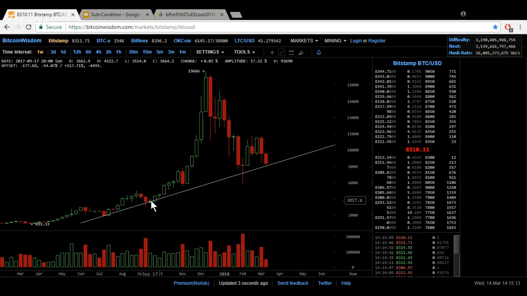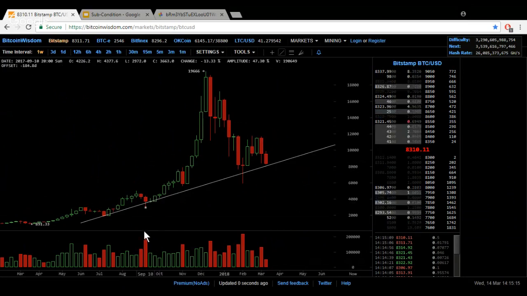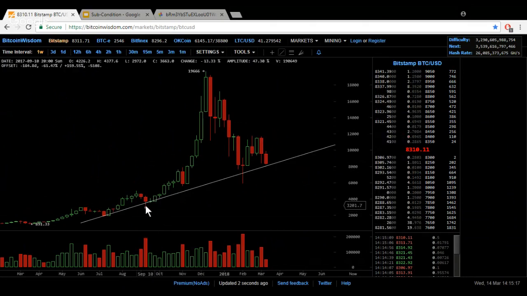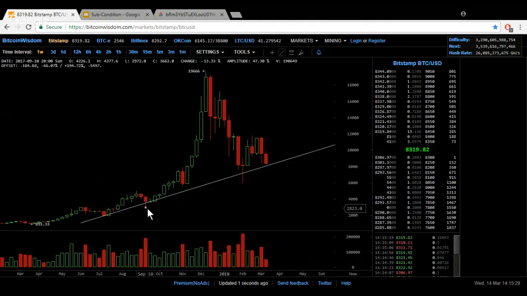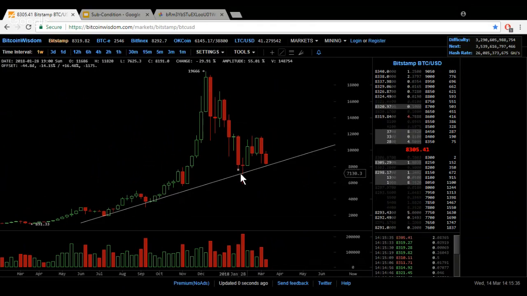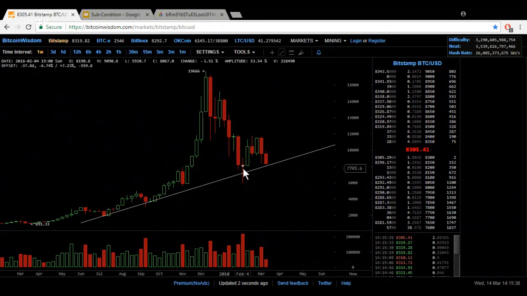And by drawing it in there, even though we cut the bottom of this green candle off, that doesn't matter because we're only interested in weekly closes, not on what goes on interweek. Same thing here, same thing here. And importantly, same thing here. This is the key to where we are right now, which occurred on February the 4th,